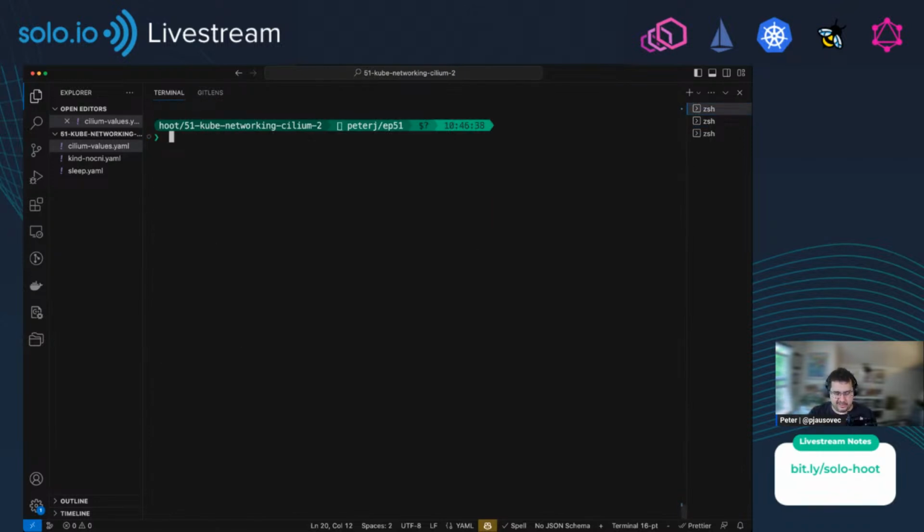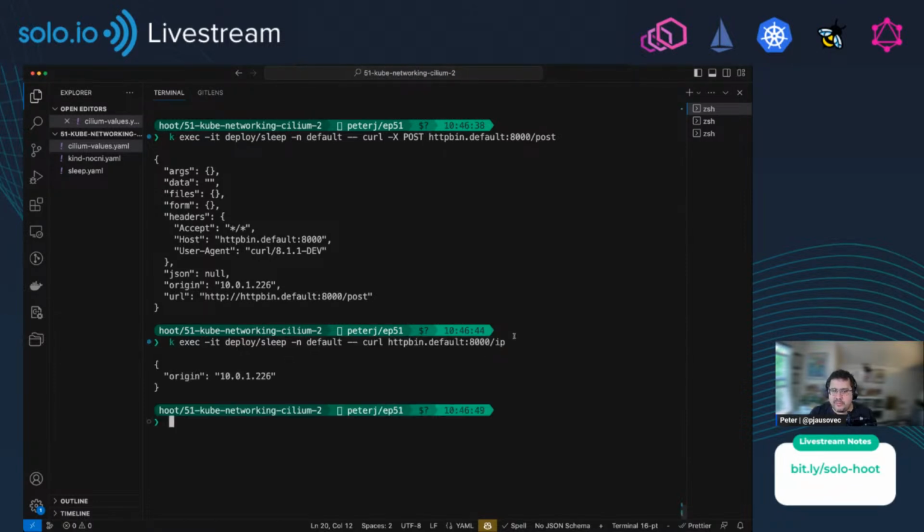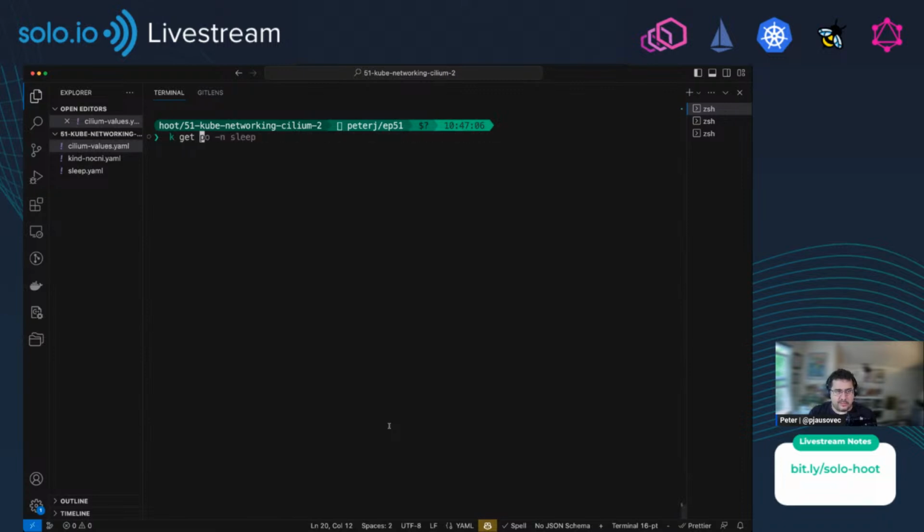And I'll explain this through the rules, right? So let's try this. We're just making a post request. This works, right? If we make a request to /IP endpoint, this is going to work as well. So what I'll do is deploy a policy that only allows GET requests to be made to the /headers endpoint. But before we do that, let's just quickly show the